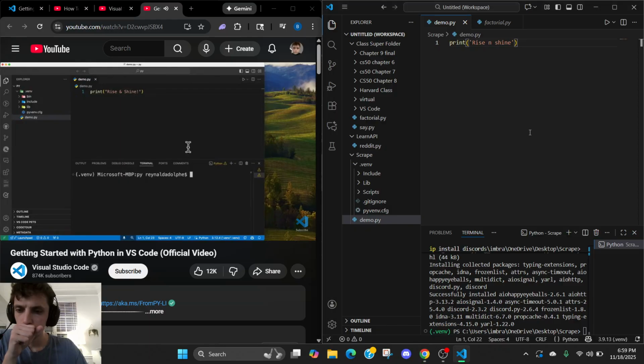The first is that there's other ways to execute a Python file, such as right here next to the play